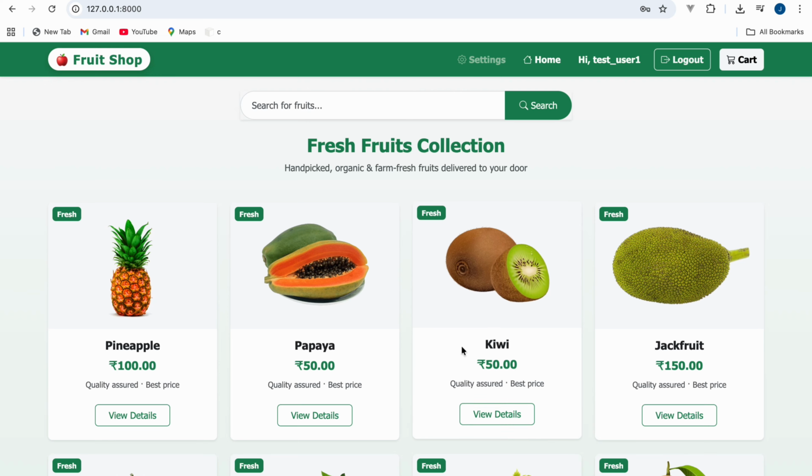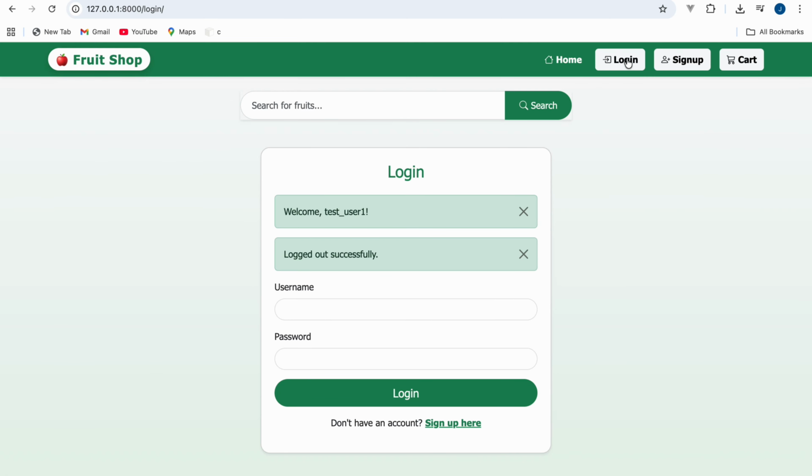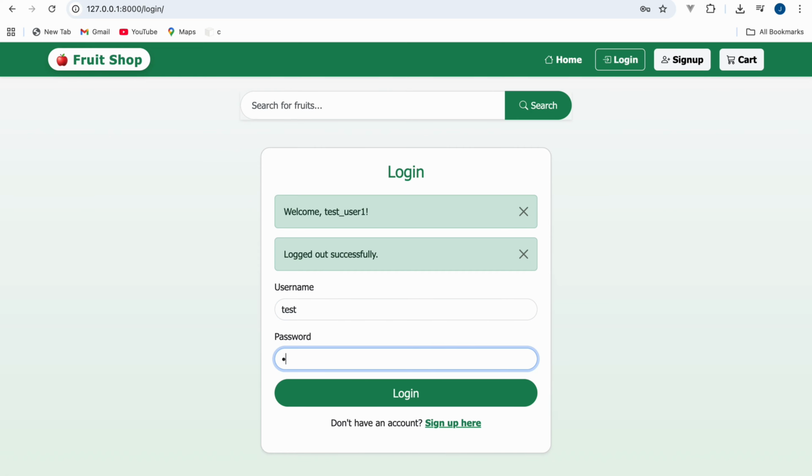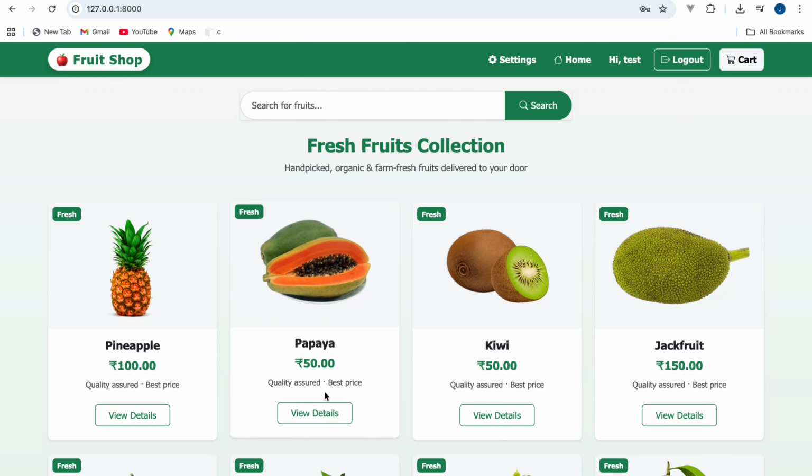When we log in with the super user, at that time the settings will be enabled. So I am going to log in with the super user. Super user name is test. Here I am going to log in, and this button got enabled. Now we can